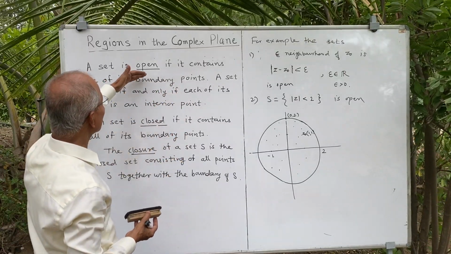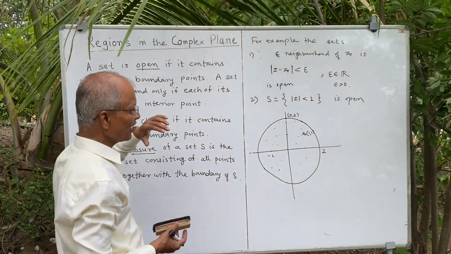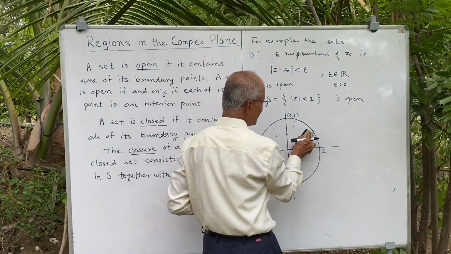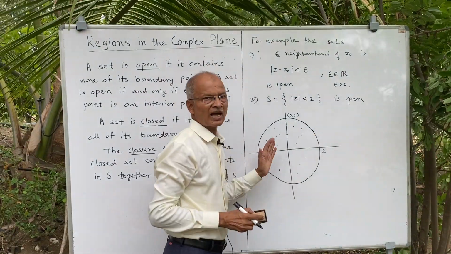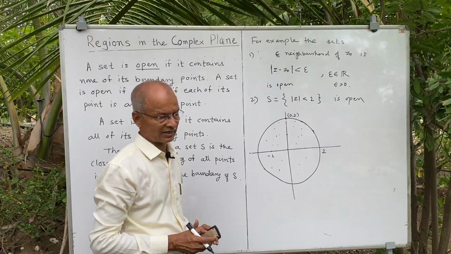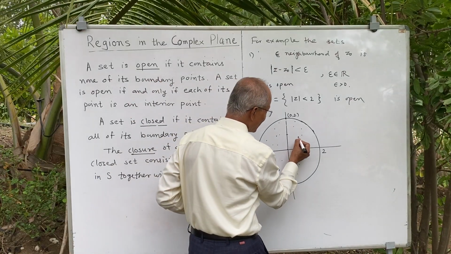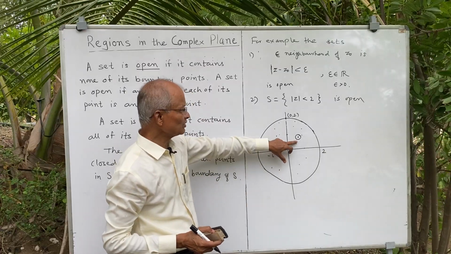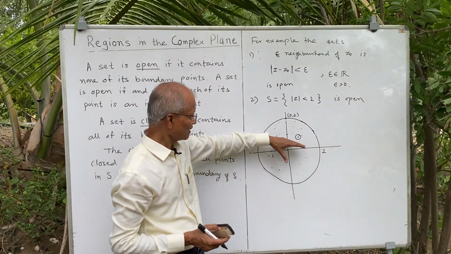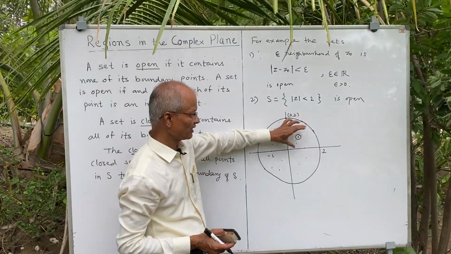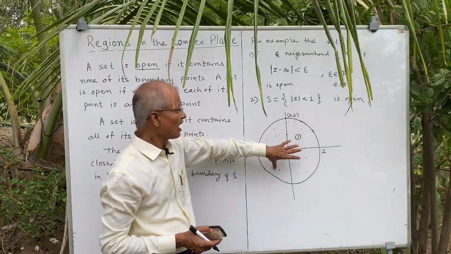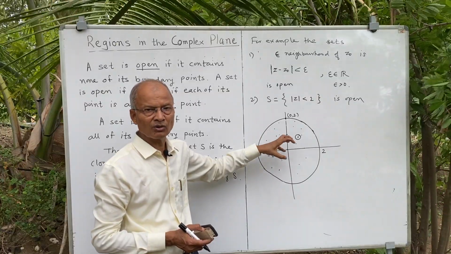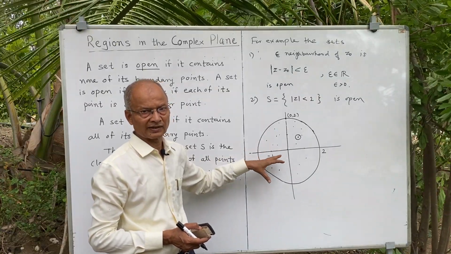The meaning of an open set is that for every point of the set we can construct a neighborhood which lies entirely inside the set. See, around this point we can construct a neighborhood. That means those points which are up to distance epsilon from this point, that is the epsilon neighborhood. And any neighborhood we construct must be entirely inside the set, then that set